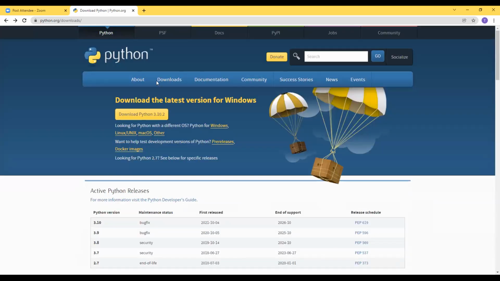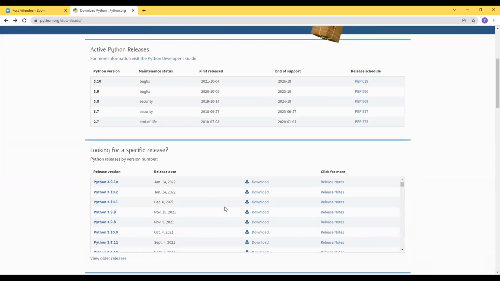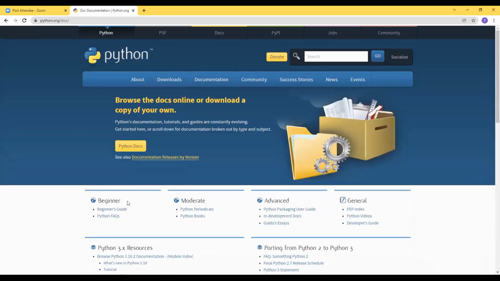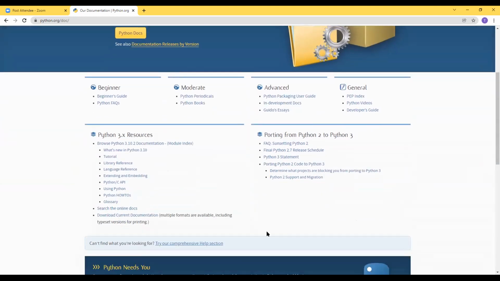Okay, and then if I want to see the documents, I'll go to documentation, docs, right? Here we have the beginner's guide. Please have a look at these things today, tomorrow, whenever you have time, and we'll discuss these things. Okay, then we have all the advanced packaging, programming guide, and so on. This is really a great, useful site. They have tried to keep it as user friendly for all data scientists as possible, because this is the open system version.